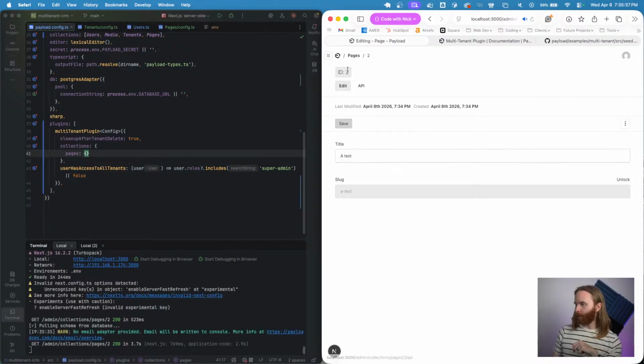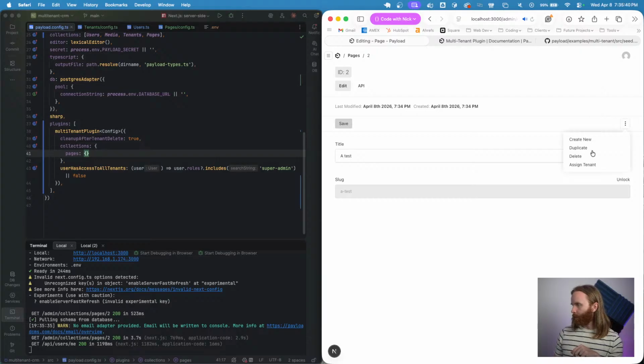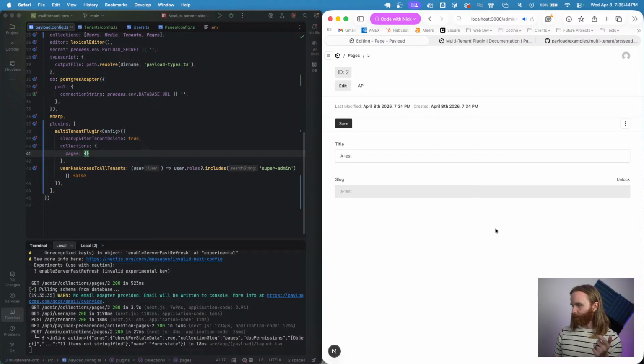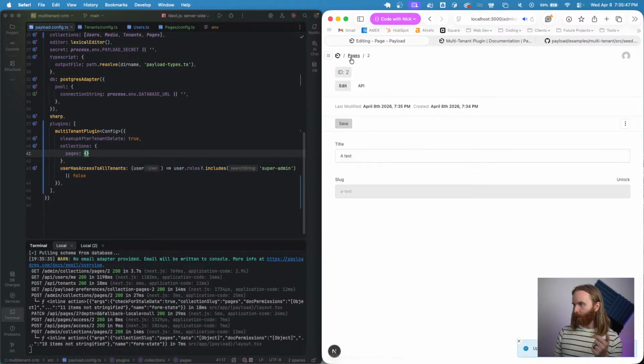And if I refresh, there should be a tenant assigned to this. I have to assign it to a tenant. So I'll assign it to tenant 1. Assign tenant. I have to hit save. And now,